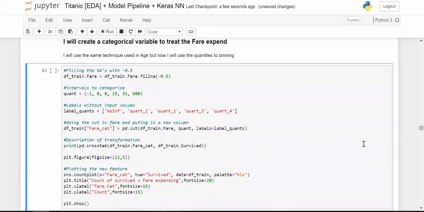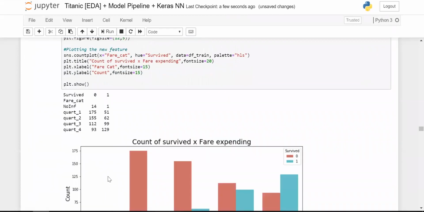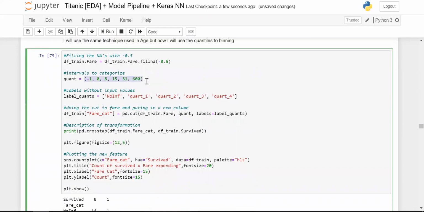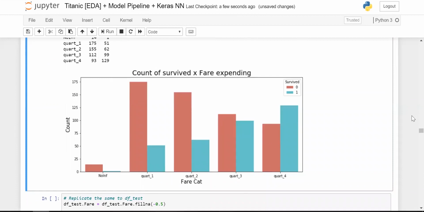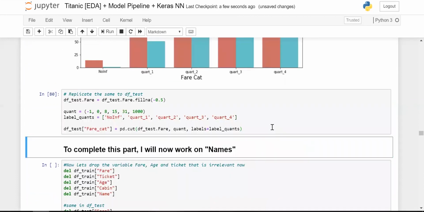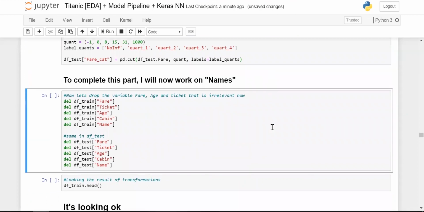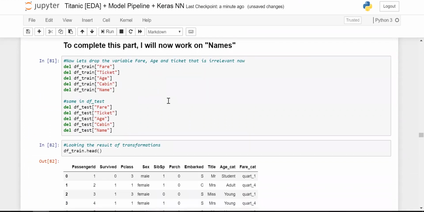So we'll just split into quantiles and plot it here. So quantiles are nothing but quartile 1. Then these are the intervals, which is the fares that have been paid, like how much money they have paid. Moving on, we have the fare category. Same thing, we'll split into quartiles, and we'll delete a few unnecessary columns like these. Moving on, let's see the head, how it looks.